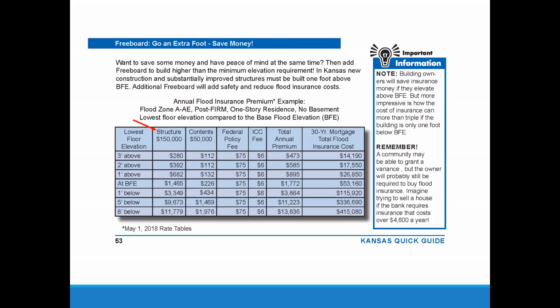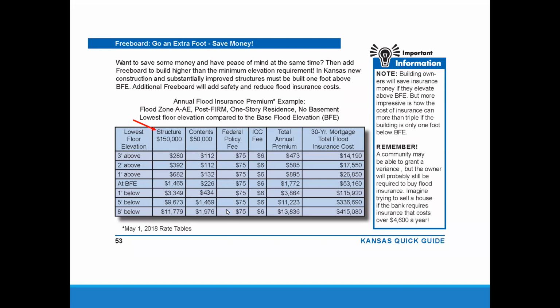However, we've got those people that say, oh, you just have to issue me a variance because I want to build a basement. A lot of times I've been in basements and there's a window well up about where my head is, so I'm about 6 feet below ground. And if the water level is 2 feet above the ground at that point, you add the 6 and the 2 and you get 8 feet below. If you look at the rate chart, 8 feet below back in 2018 was going to cost you $11,779 per year. And if somebody gets a variance from your city by some miracle, and they do get a basement and put it in the floodplain, that's how much they're going to pay for flood insurance every year.